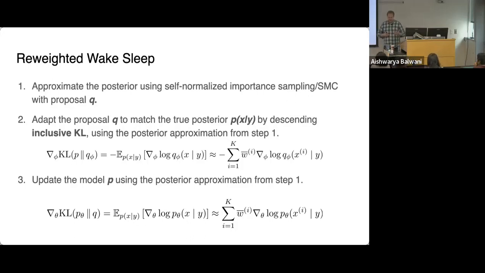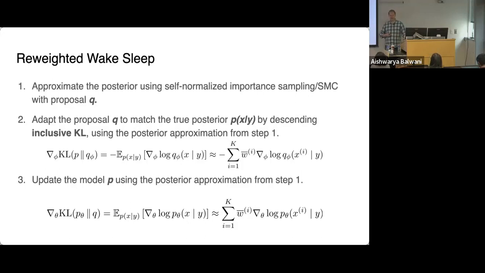Yeah. A lot of algorithms have some alternating coordinate update where they say, all right, I'm going to fix my generative model, I'm going to draw inferences about latent variables, and then I'm going to update parameters. That's kind of expectation maximization as well. Here, there's this extra step of not only do I have to update my model of the world P, I'm also updating this proposal distribution, which isn't really a model of the world. It's just this auxiliary thing that I use to perform inference, the proposal distribution that I employ during SMC.